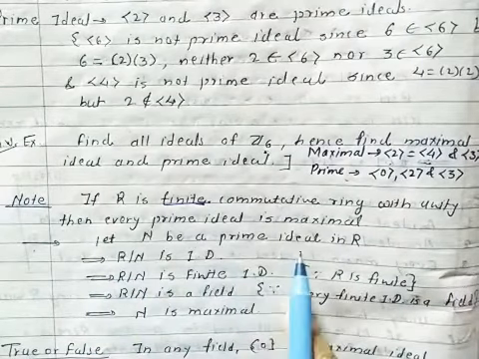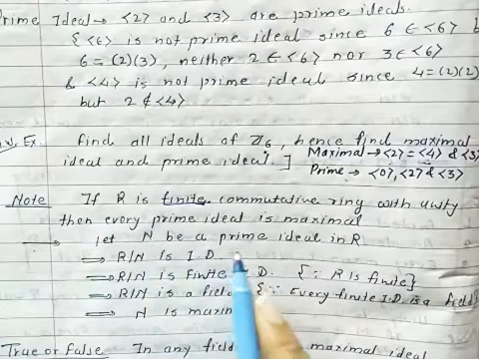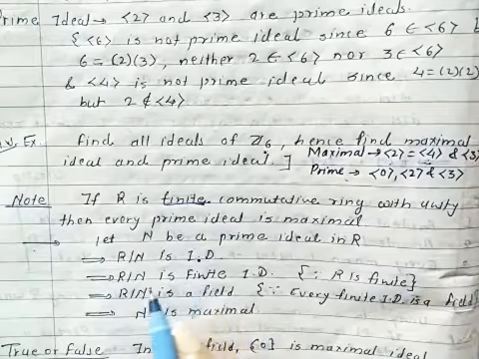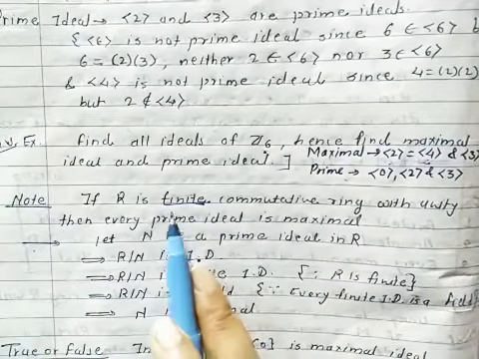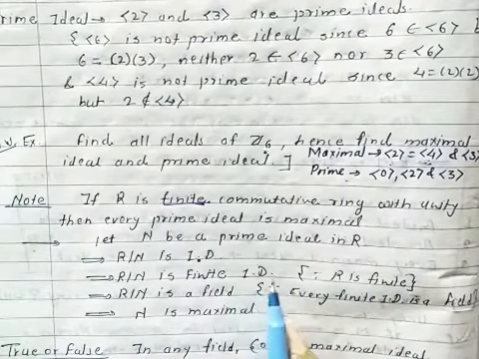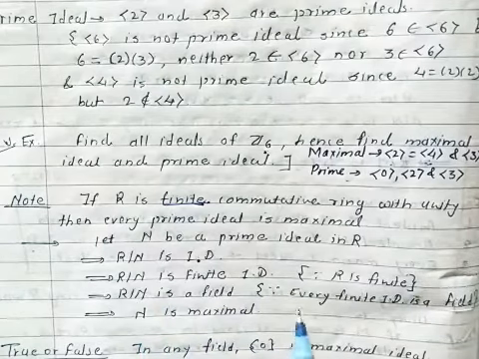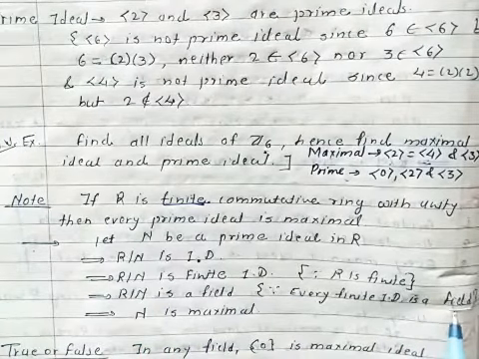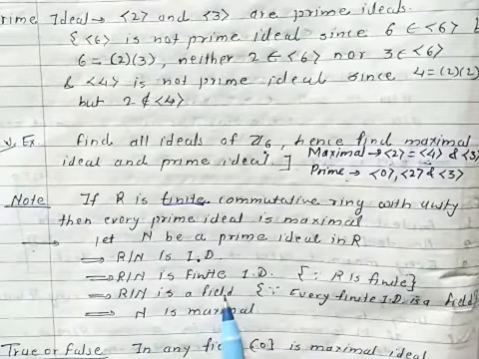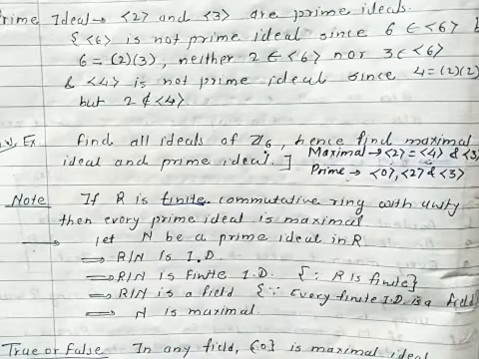Let N be a prime ideal of R; we have to show N is maximal. Now by theorem, as N is a prime ideal, R over N must be an integral domain. Again, it must be a finite integral domain. Why? Because R is finite, so its quotient integral domain will be finite. And we know that every finite integral domain is a field, so R over N is a field. Now as R over N is a field, by the theorem we can say that N is a maximal ideal.